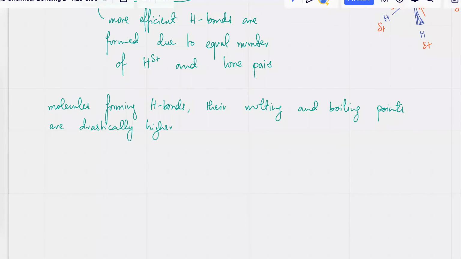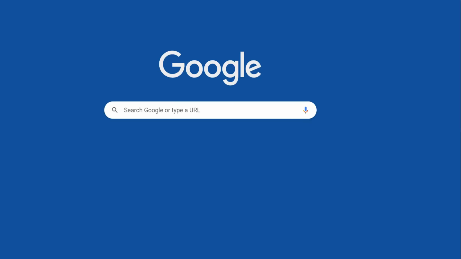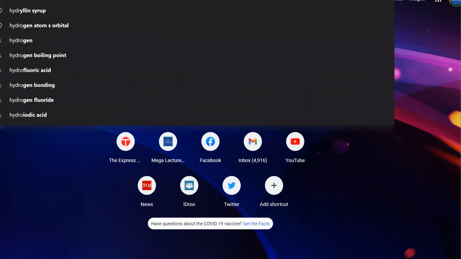So for example, if I show you the melting and boiling points of hydrogen halides,